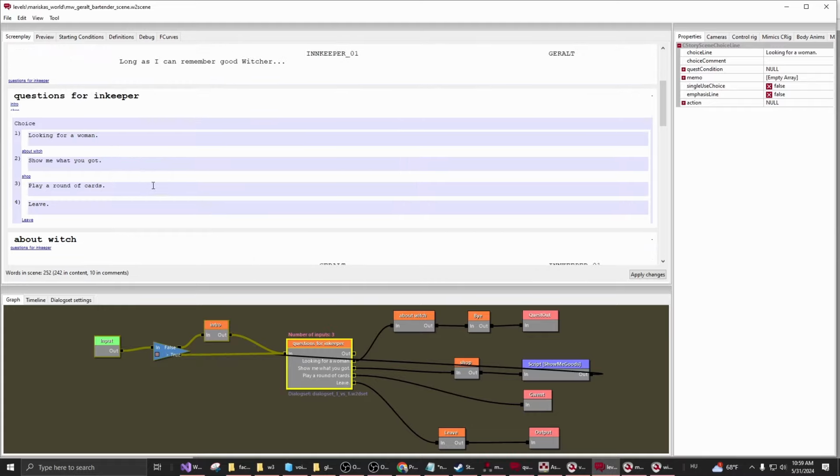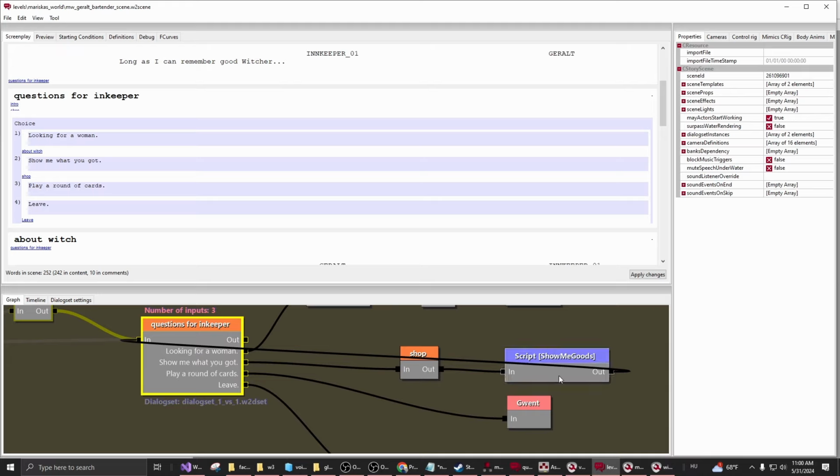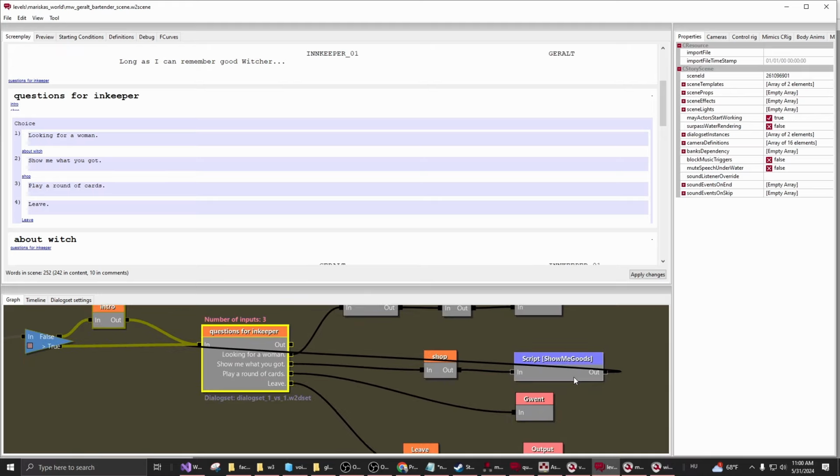But for dialog choices, the most common options are either to progress the dialogue, or, if you are talking with a merchant or someone you can play cards with, you can define different dialog choices for that as well. So from inside the graph, you can define the merchant script that is responsible for setting up the NPC and setting up the scene for that dialog choice to actually